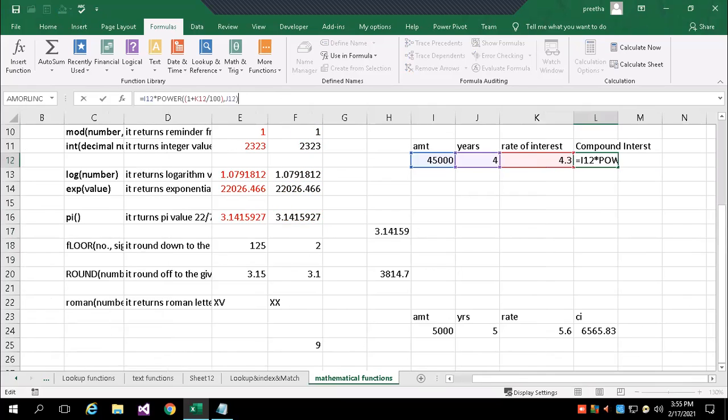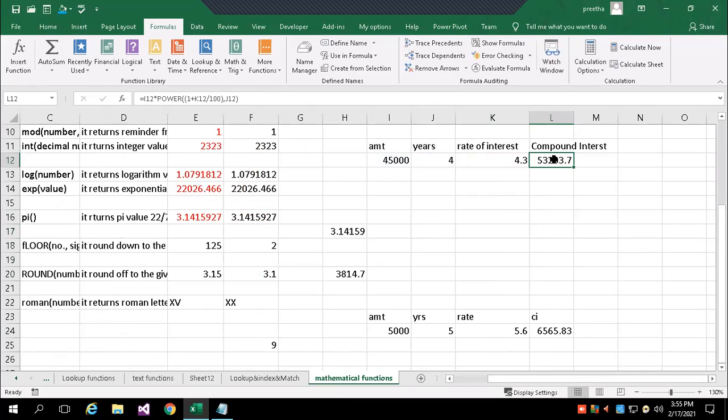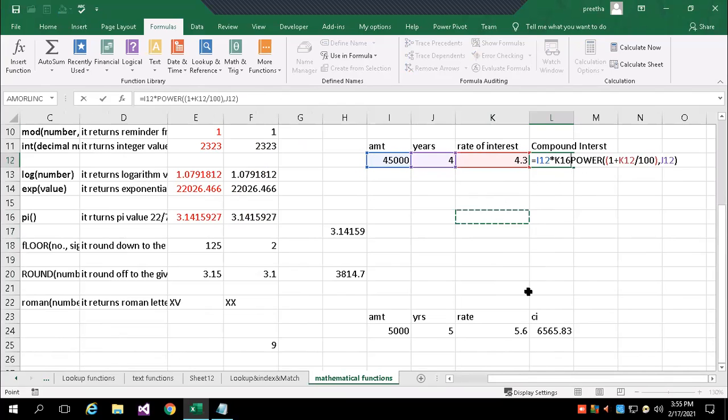How do you find compound interest? In this formula, compound interest is P into 1 plus R by 100, whole to the power of N. The principal amount is 45,000, the rate of interest is 4.3, that is K12, and the years is 4. So the formula is evaluated like this.